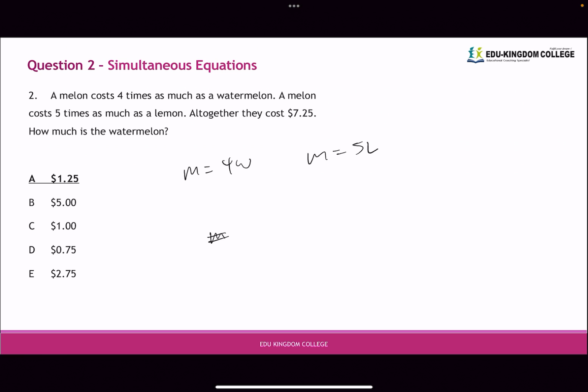So we have a watermelon, which is a quarter of a melon, so 1/4 M. We have a lemon, which is 1/5 of an M, and then we have a melon. So let's convert these into decimals, actually. So 0.25, 0.2, and then 1. So 1.45 is what we have. Now, 7.25 divided by 1.45. So 1.45 will go into that